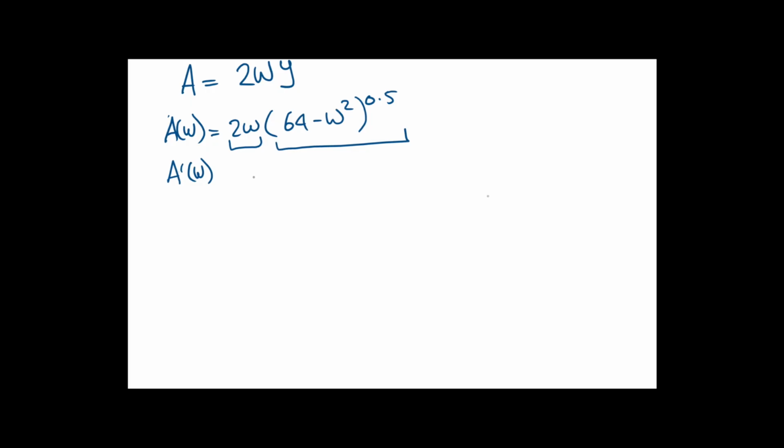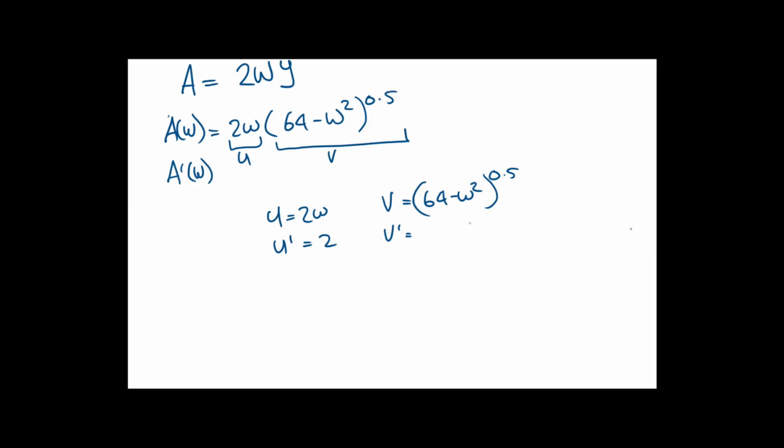So I'm going to call that U, I'm going to call that V. If U is 2W, U prime must be 2. If V is (64 minus W squared) all to the power of half, V prime is going to be